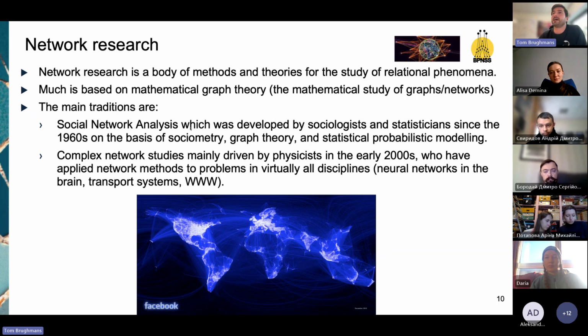So sociologists became interested in that in the 50s and 60s and started developing formal methods drawn from a branch of mathematics called graph theory to represent their theories, to represent their observations, and to study them. And so social network analysis was born. Then the physicists came along in the late 90s, and they completely ignored, as physicists do, decades of development in sociology and just used graph theory to represent different relational phenomena. This was specifically associated with the rise of the World Wide Web and the digital availability of massive relational databases. You can see here Facebook profiles, for example, from